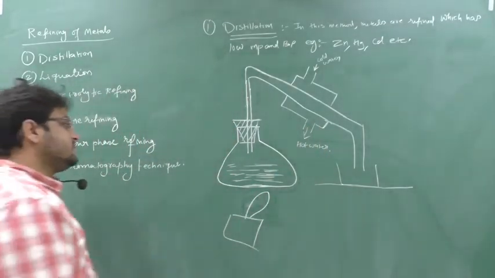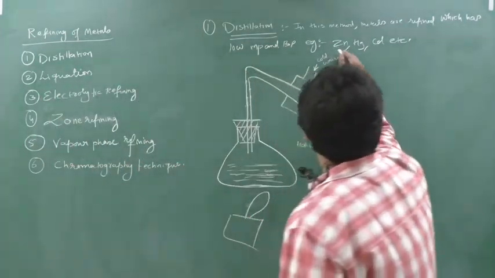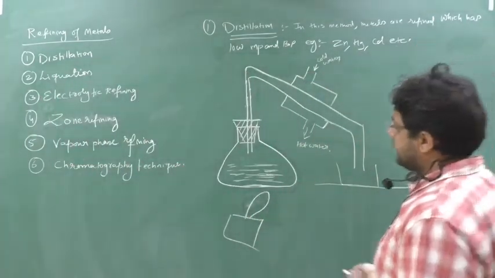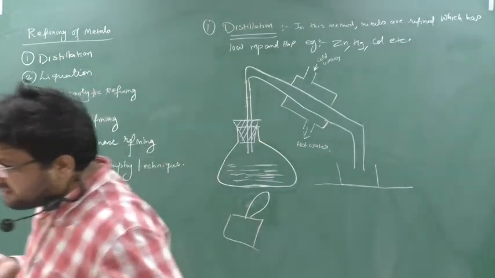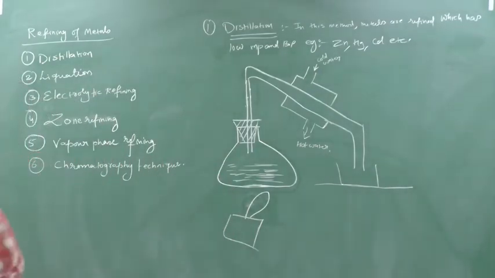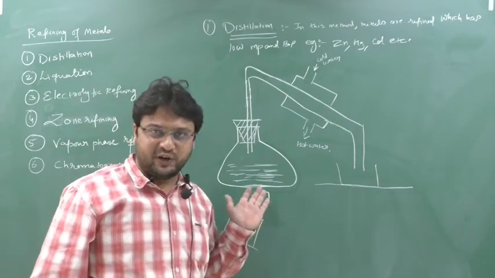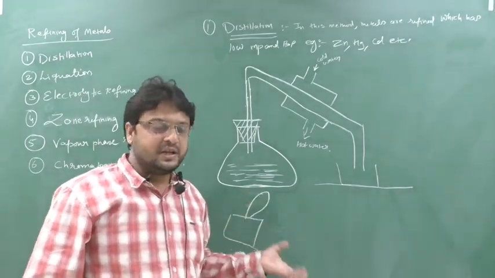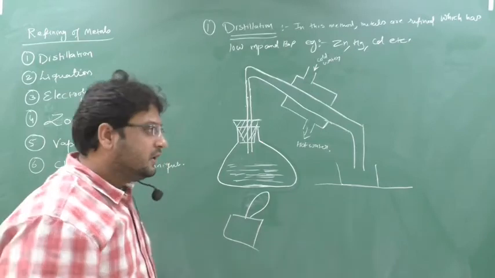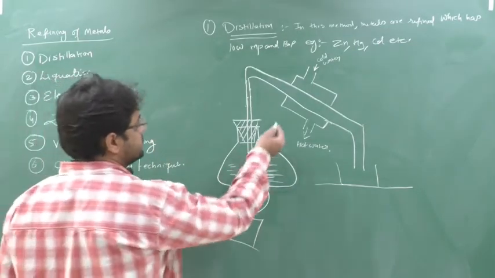Now when I heat a metal like zinc, mercury, cadmium, etc., they will form vapors because they have a very low melting and boiling point. I am showing heating with a candle, but when you heat with a candle they will not form vapors. Here strong heating is required. So when you heat it, they will form the vapors due to their low melting point.